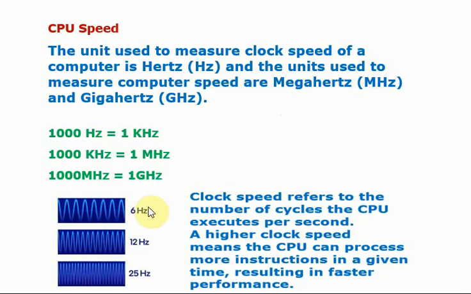Then it is very clear here. 6 hertz mean these are the number of cycles per second. 12 hertz mean more than this. Then 25 hertz mean much more cycles, right? You can compare this diagram and see. Now the frequency should be very clear to you. So higher the clock cycles per second, CPU can process more instruction, therefore performance will be increased,